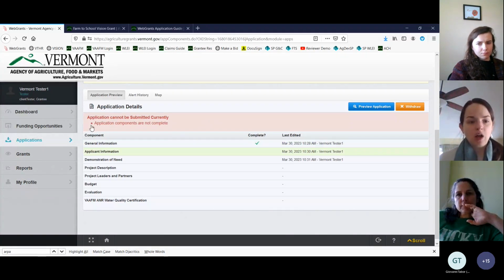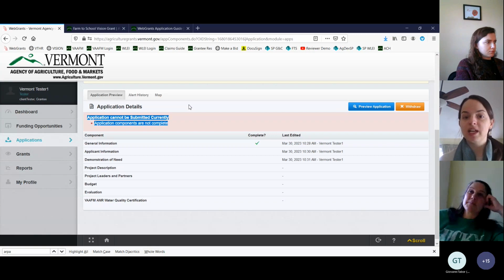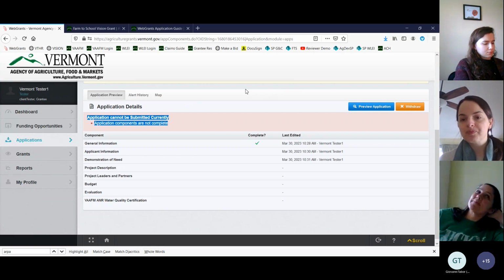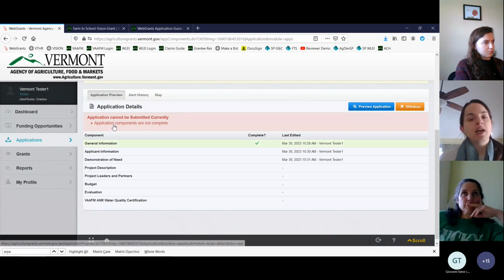But once you've completed all of your other forms, you'll have green check marks by each one. Once you have a full menu of green check marks, then this red notification will change to green and will say application is in compliance and you may now submit. And then an orange submit button will appear right here on the top bar next to preview application, and then